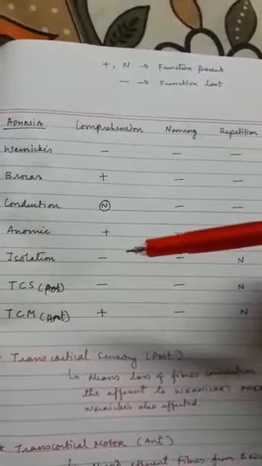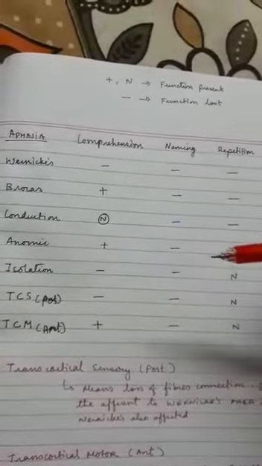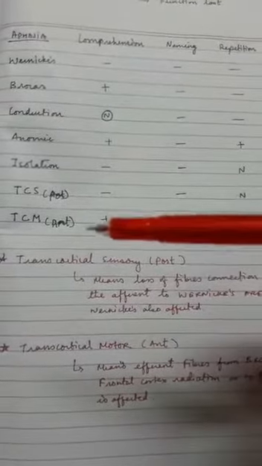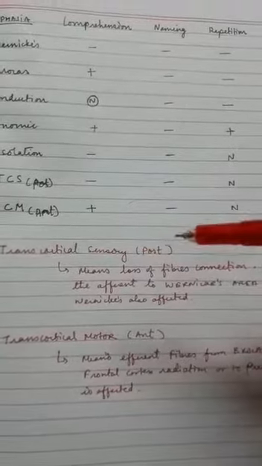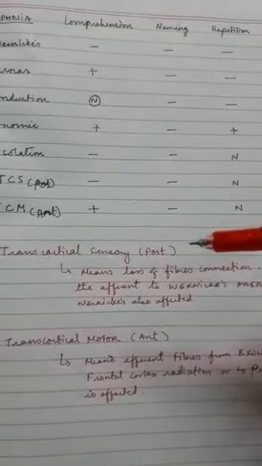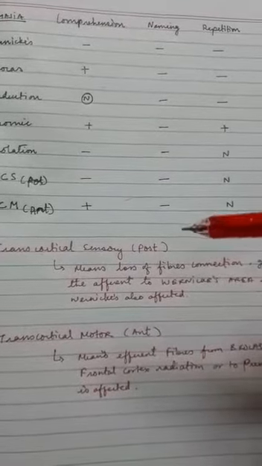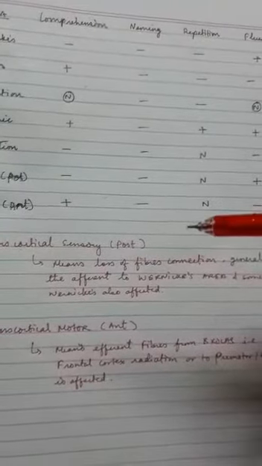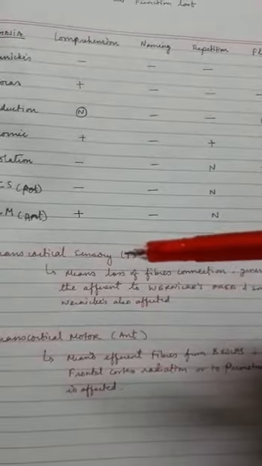And in isolation aphasia, repetition remains normal, but the Wernicke's and Broca's areas are involved here. Now, in transcortical sensory and transcortical motor aphasia, I want to describe that in transcortical sensory, the involvement of the posterior part of the cortical fibers means a gradual loss of fiber connection, the afferent